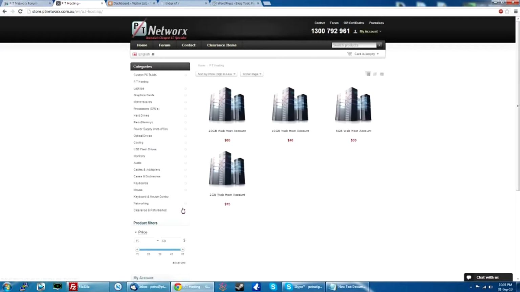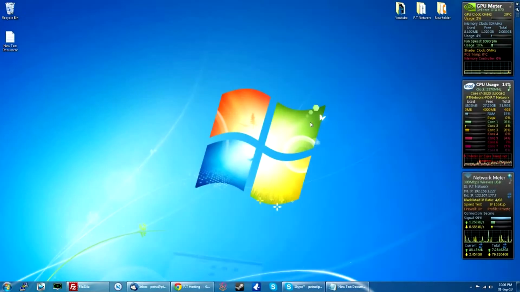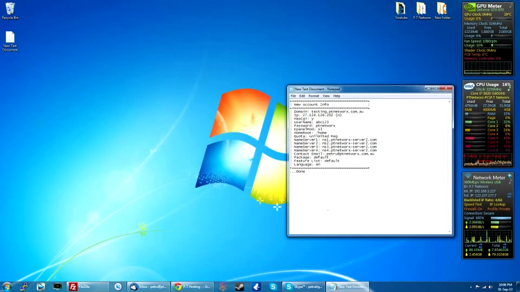So first things first. When you go onto the PT Networks store and you buy a hosting account, you're going to be emailed by one of our staff about the account. Further to that, you'll be receiving an email with your domain name that you have either provided or that we've provided for you. And with this information, it'll give you your domain name. At the moment, we're using a temporary domain name,